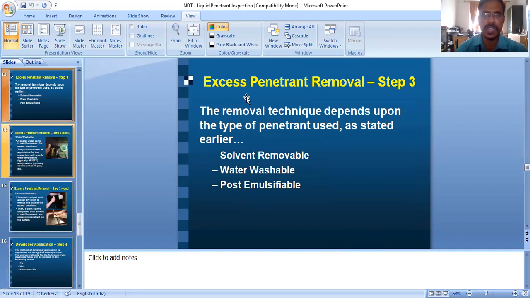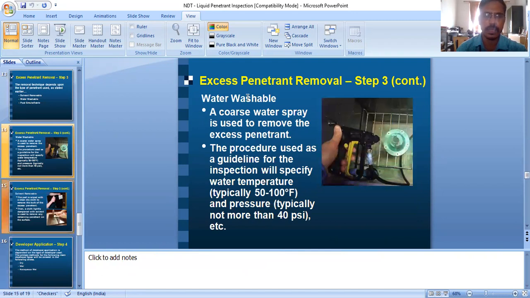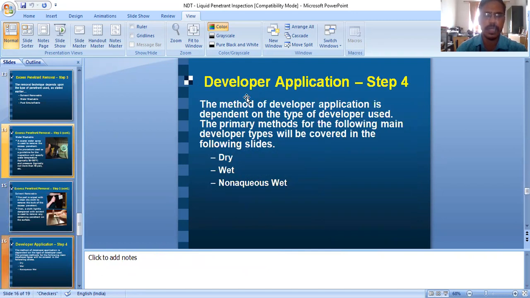After giving sufficient time, the excess penetrant material over the surface of the test specimen is removed using solvents or water or some emulsifiers. Then, after the removal of excess penetrant, developer is applied.